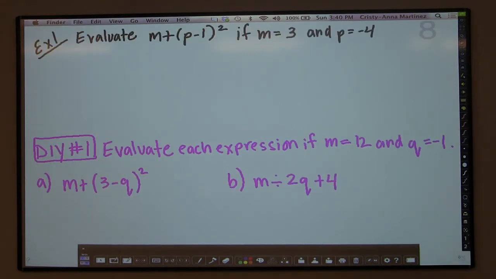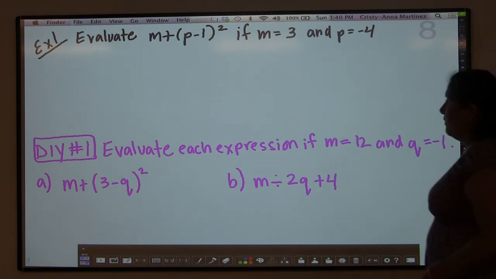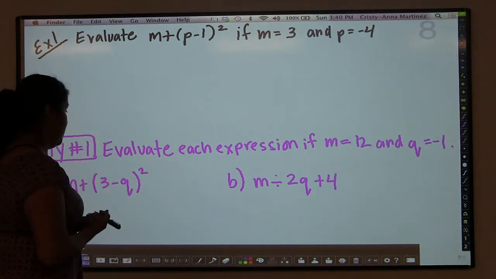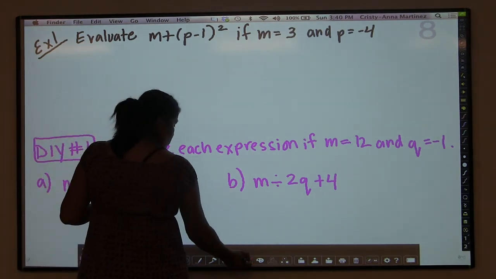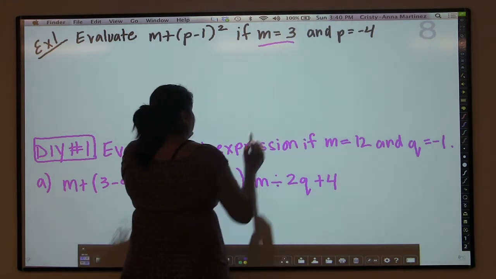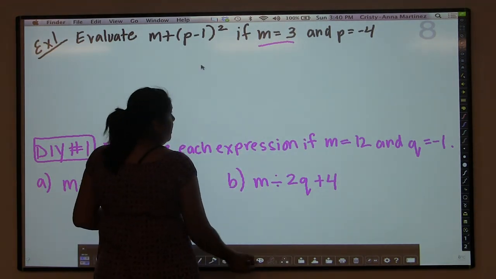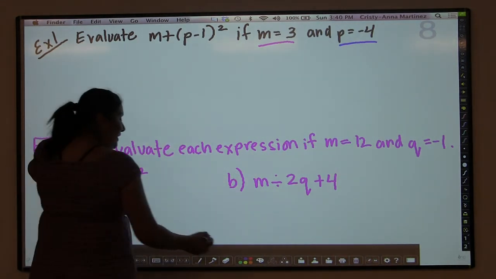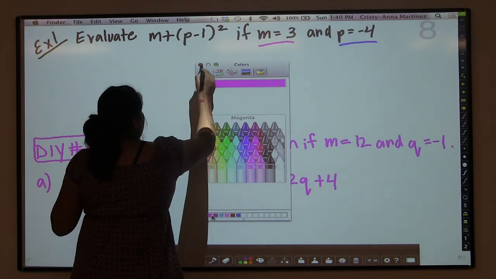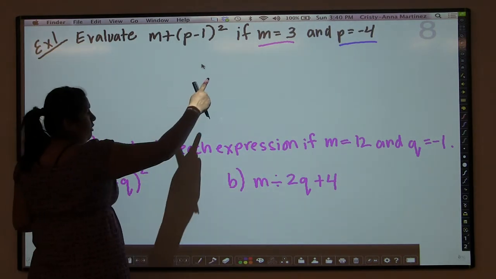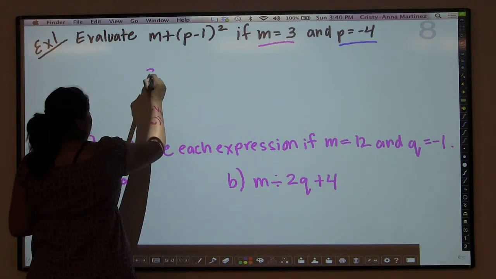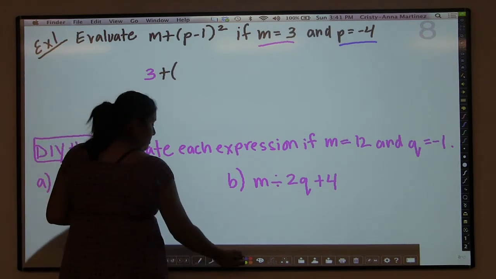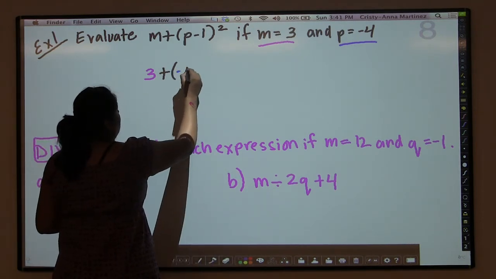And so our first example is evaluate m plus the quantity p minus 1 squared if m equals 3 and p equals 4. And what I'm going to do is say that m equals 3 and p equals -4. So we're going to rewrite the expression replacing those letters, those variables, with what they are equivalent to. So instead of an m, I'm going to put 3. And instead of a p, I'm going to put -4